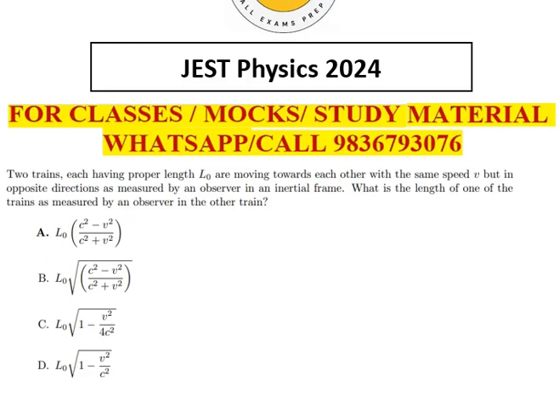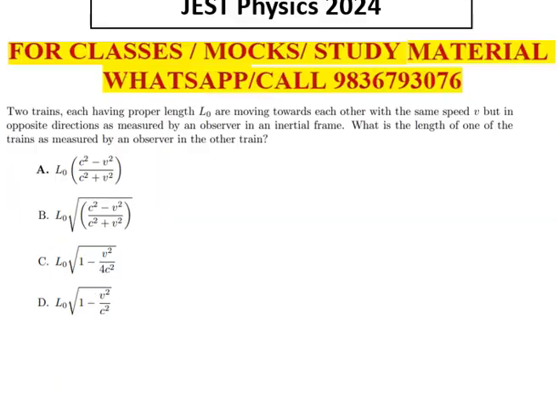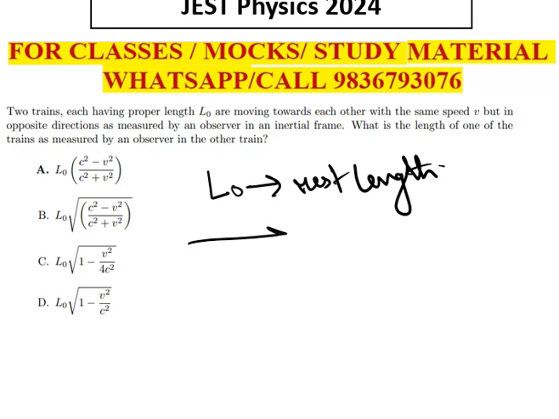Right, so we need to find the length of the train with respect to that observer in the other train. Two trains with the proper length means the rest length is given. L0 is the rest length of the train. Two trains are moving with the speed v. So both the trains, train 1 and train 2, are moving with the speed v,